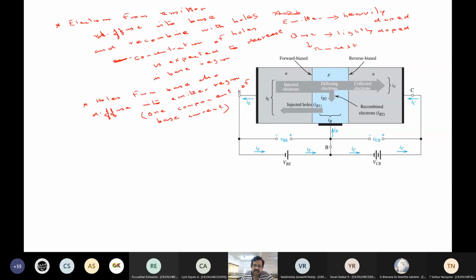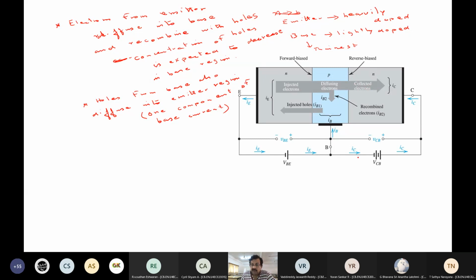Our idea is to drive the electrons under the influence of forward bias all the way into the collector region. That is how you can get an active mode operation. So how is that possible? To do that, we have to ensure that this base region is lightly doped so that the recombination is kept under control, so that the electrons from the emitter will be able to escape the base and reach the collector. And the collector collects the electrons that come from the emitter region readily. That is why that terminal is called a collector.